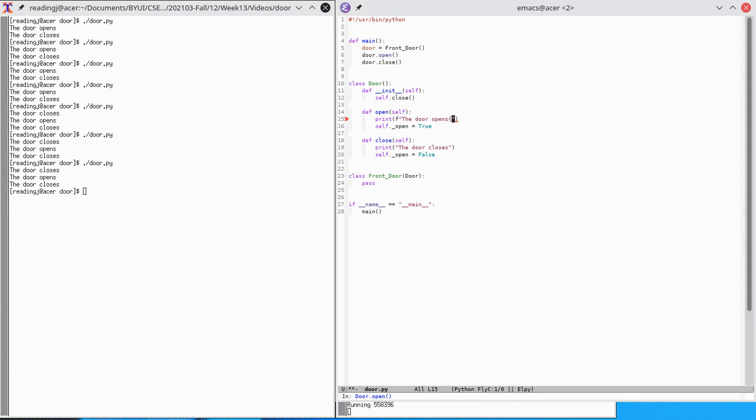And we're going to put in here self.transition. And so that's how the door opens. And we can add that to here, self.transition, and I've got to put an F there. And so that adds it to close. And then